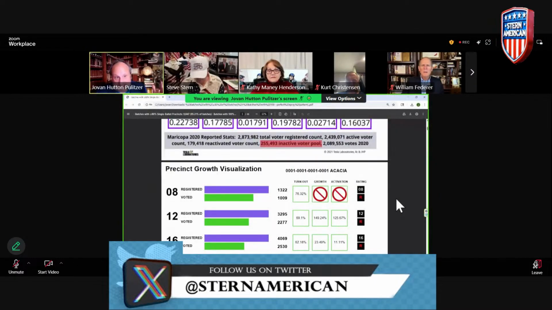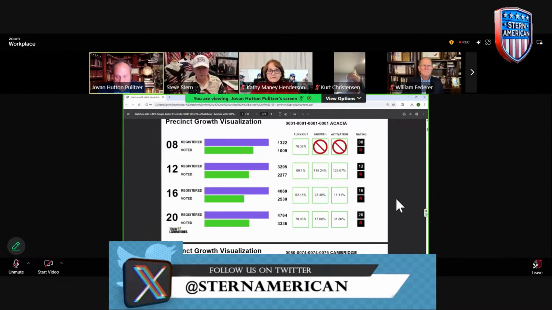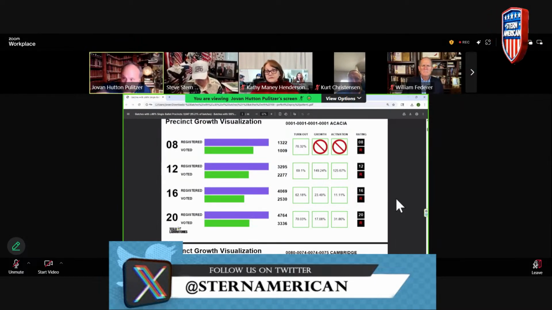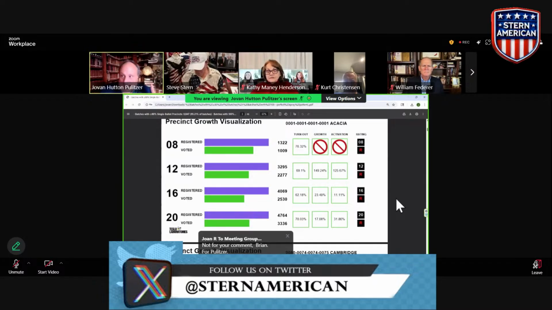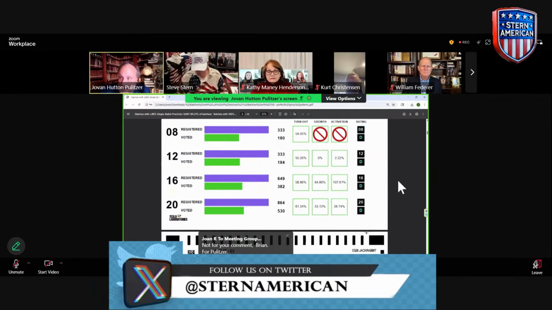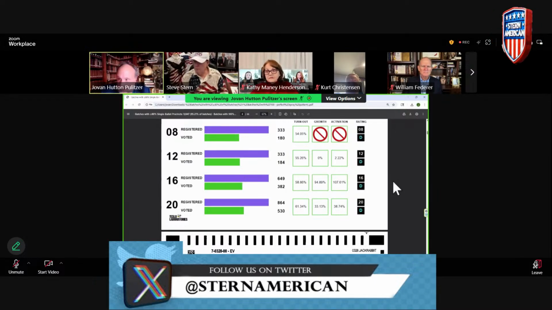If we were just looking at this, and most people never do this, go backwards in time and look at your data. Why is it important? In Maricopa, when we were told it was an 87% turnout, if you were to look at 16, 12, 8 going backwards, you will find they've never had those turnout numbers. Everything plays by the precinct. I know I'm preaching to the choir. Understand your precincts, understand your numbers, because what we're about to do is reduce this to the ridiculous.